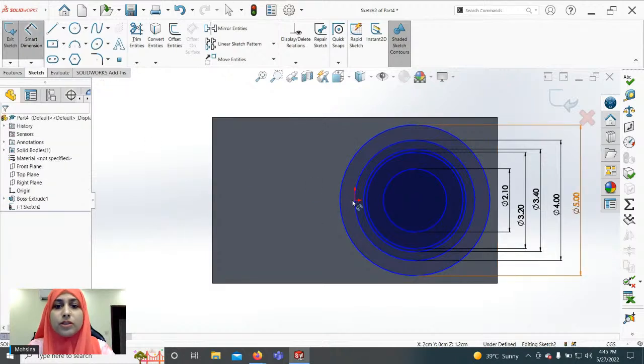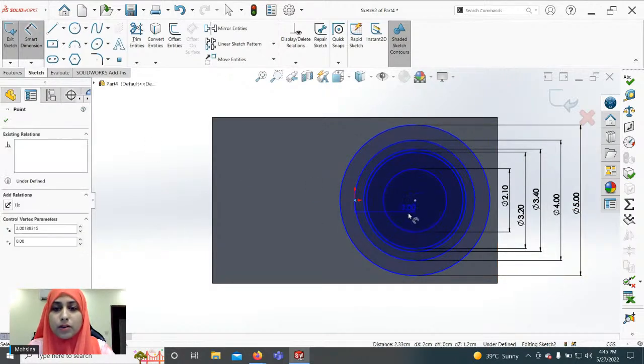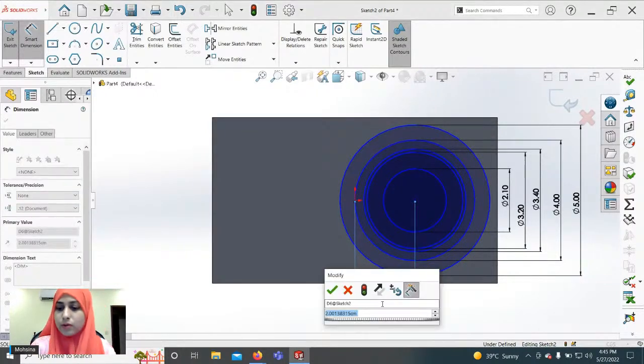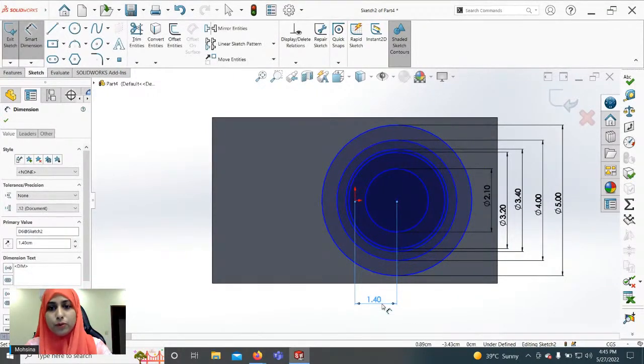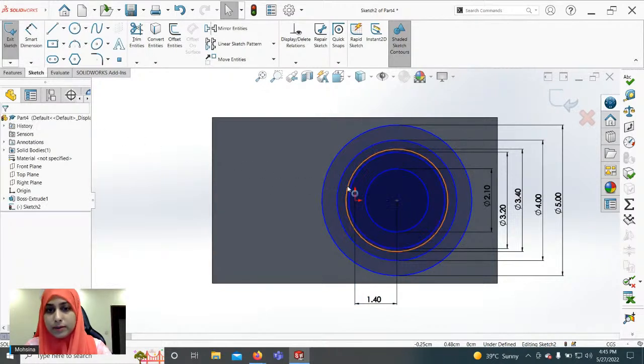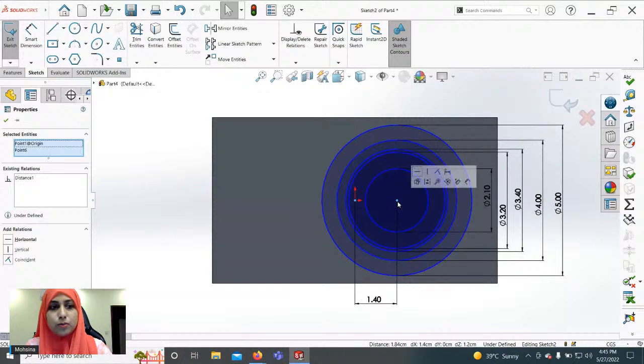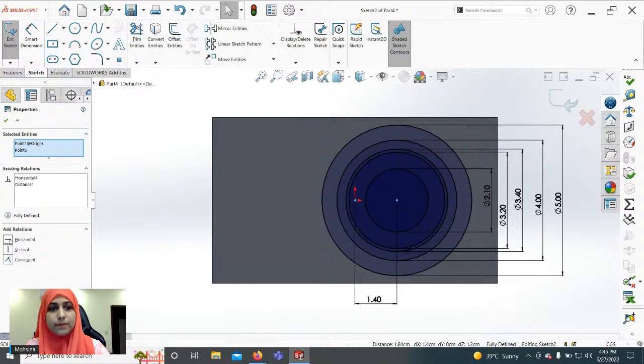Let's go to Smart Dimension, click on these 2 points and add the distance between these two, which would be 1.4. Now that it is done, the sketch is still blue in color. Press Ctrl, click on these 2 points, and at the left you can see that horizontal is shown.